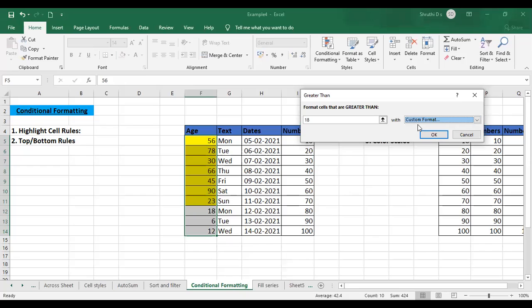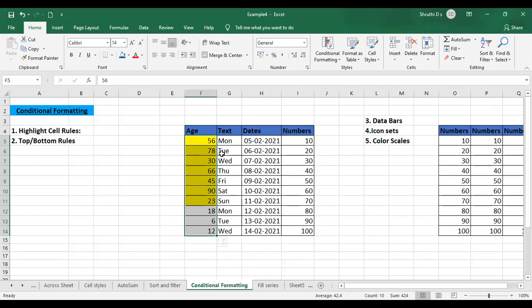So the custom format which I have applied is yellow. Okay, once everything is done, just click on OK. So your actual cells will be highlighted. So now as you can see, the highlighted cells are having ages greater than 18. Similarly,